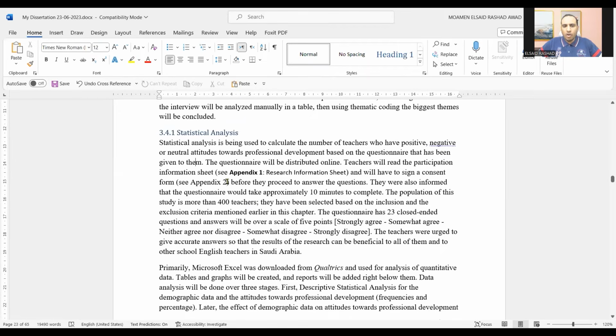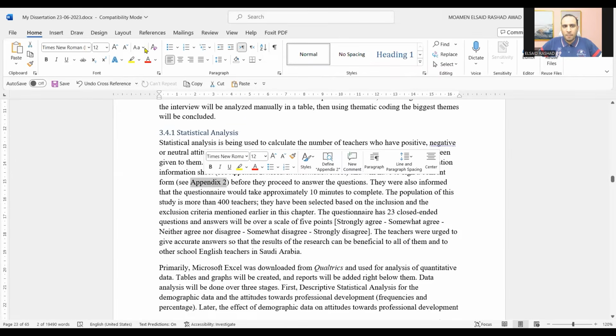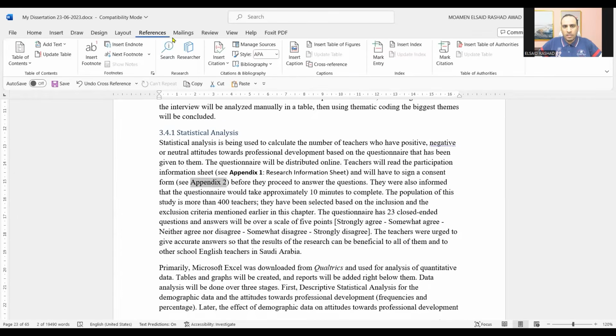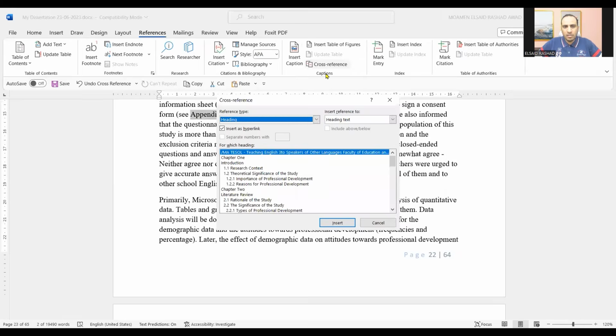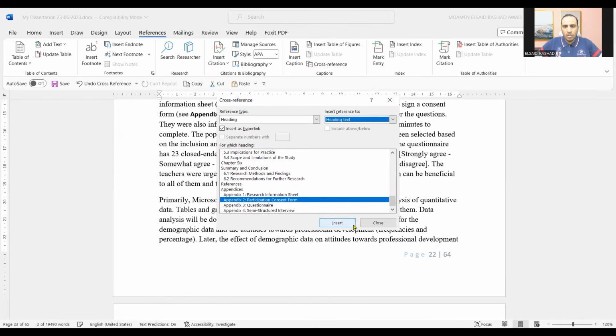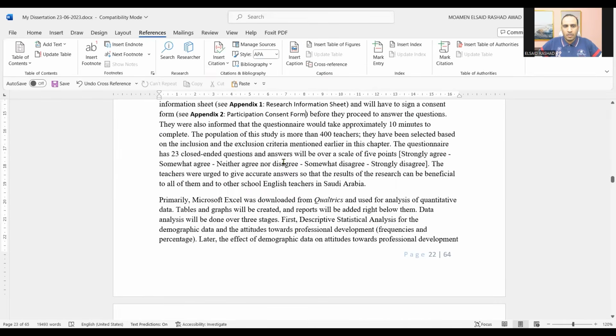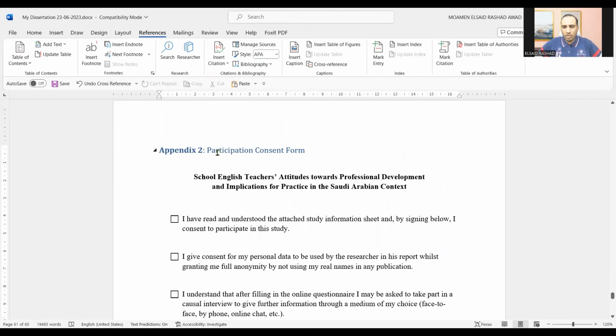All right, here we go, Appendix 2. Select, go to References, Cross-Reference, choose heading, heading text, insert, and then go down, choose Appendix 2, insert, close. Now it's clickable. Press on Control, and then click on it, should take you to Appendix 2, and so on